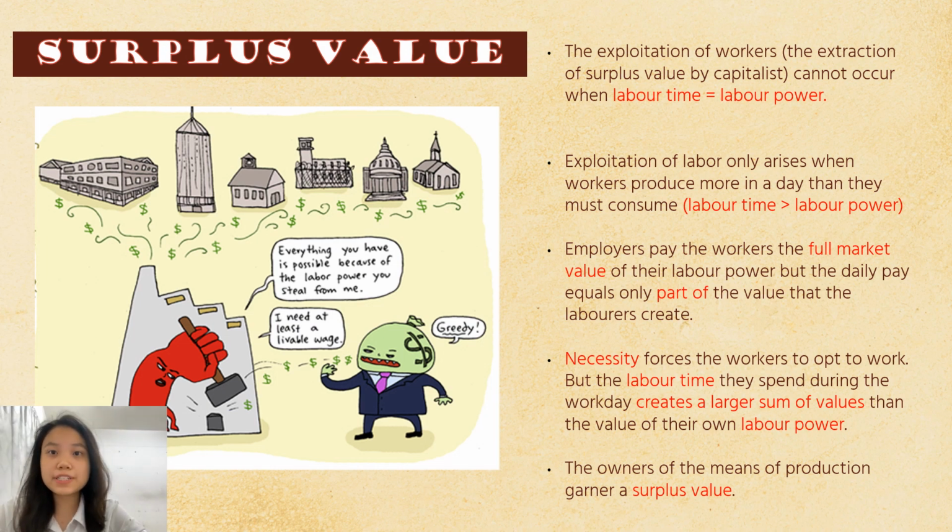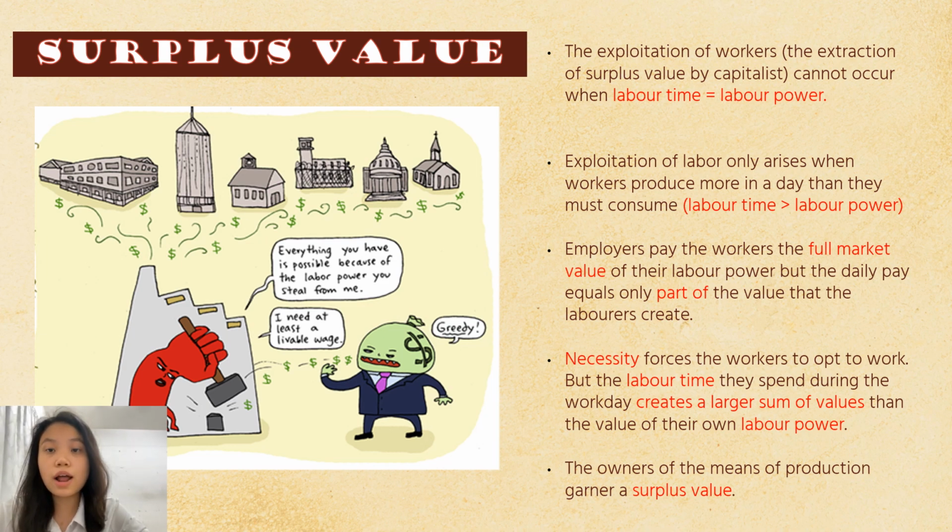Next, surplus value. Through the picture, we can see the employee is doing everything and the employee says, "Everything you have is possible because of the labor power you steal from me. I need at least a livable wage." The employer is greedy. The exploitation of workers, the extraction of surplus value by capitalists, cannot occur when labor time